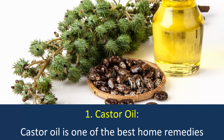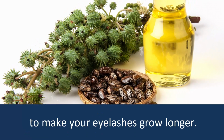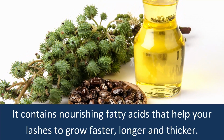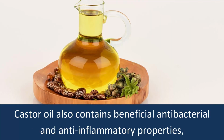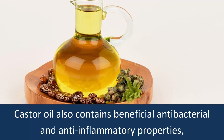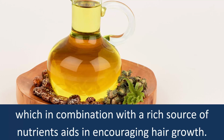Number 1. Castor Oil. Castor oil is one of the best home remedies to make your eyelashes grow longer. It contains nourishing fatty acids that help your lashes to grow faster, longer, and thicker. Castor oil also contains beneficial antibacterial and anti-inflammatory properties, which in combination with the rich source of nutrients aids in